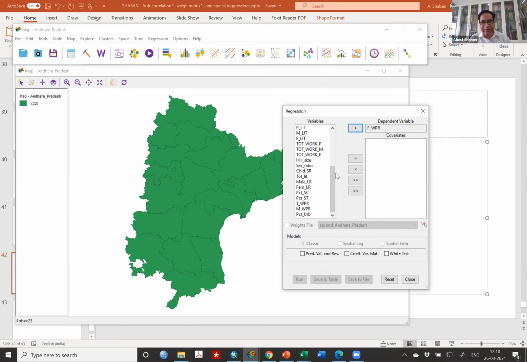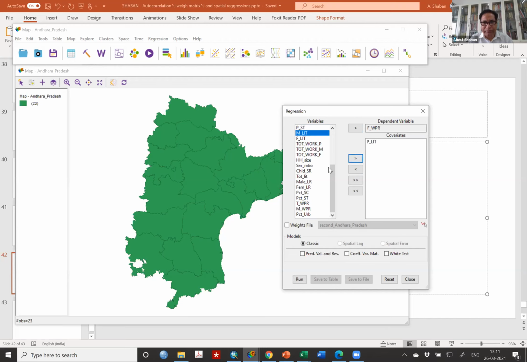I mean, this is a guess again. It's not free from any fault, what I'm telling you, but it is more plausible that where male and female both are illiterate and moving together, there is a possibility. So all this is actually our theoretical assumption. So assuming that I said the total literacy rate, total literacy rate is actually dependent on total persons literate. So I take covariate here.